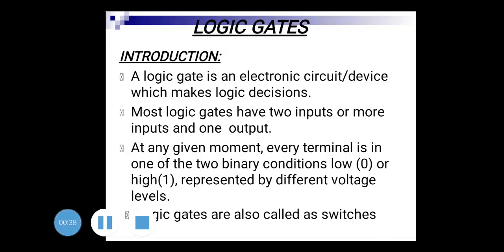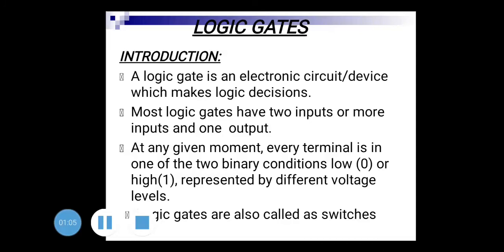The very important point of the logic gate is that logic gates can have 2 or more inputs and 1 output. But this is the most important advantage of digital circuits, that they can have 3 inputs, 4 inputs, 5 inputs, 6 inputs, 7, 8, 9, 10 and so on. So that is the number of inputs they can have, and the output is 1.